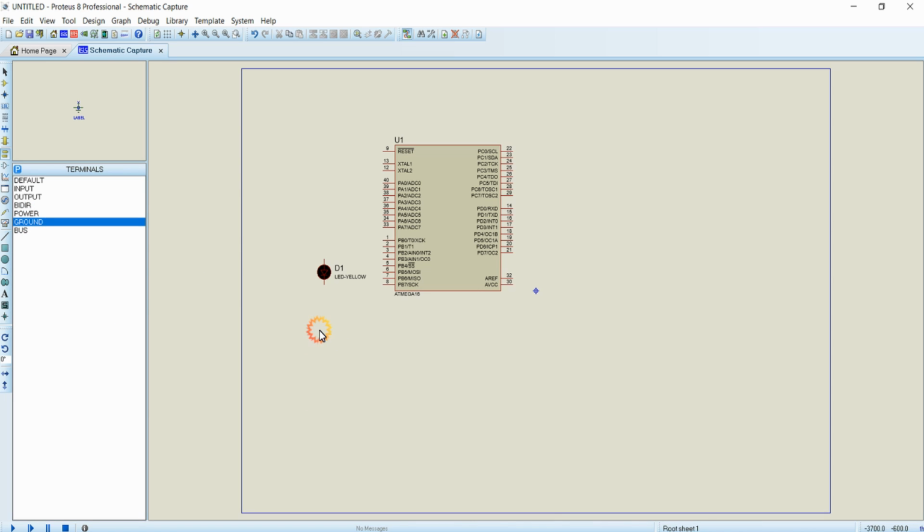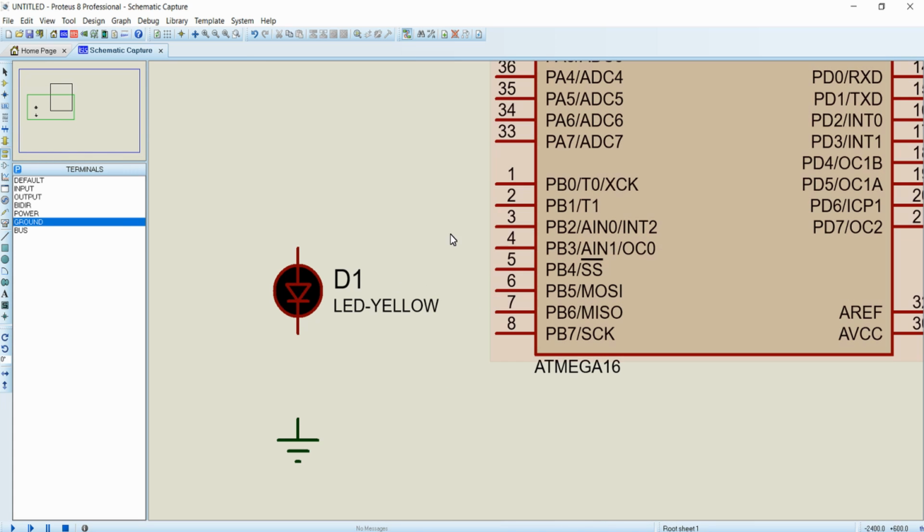In a similar way, place the ground also, and for connecting two terminals using wire, zoom into the connecting part, and when you go near a terminal, your mouse pointer will be highlighted. Just make a click over it, and when you move the mouse, you can see the wire is also coming along with your mouse pointer. Go to the other end of the terminal where the connection needs to be made, and you can see that end is also highlighted. So click on that. That's it. The connection is made.